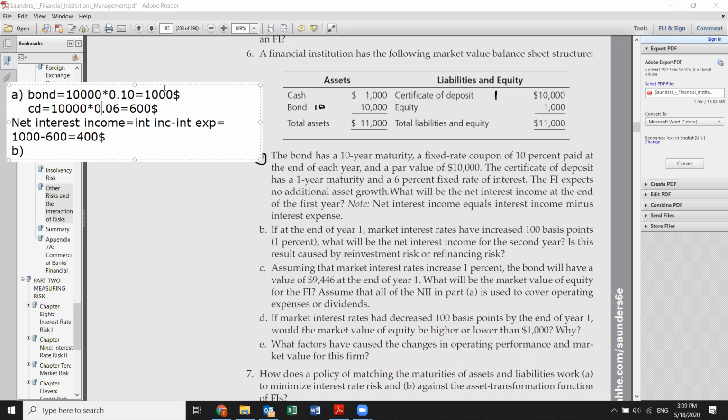That will give you 1,000. Net interest income is interest income minus interest expense. So net interest income is equal to 400. So part B,